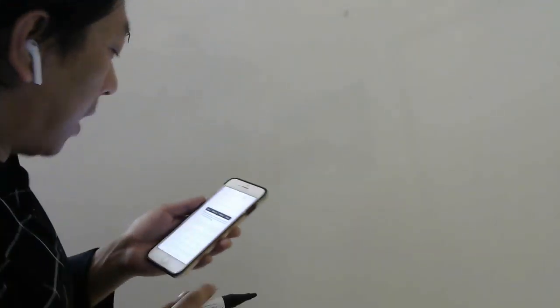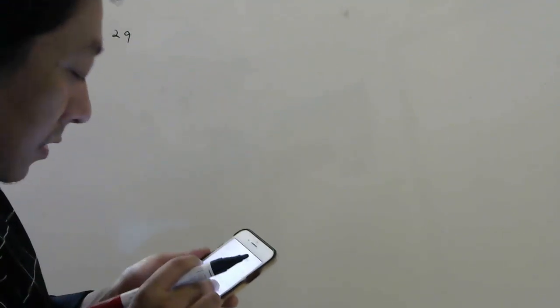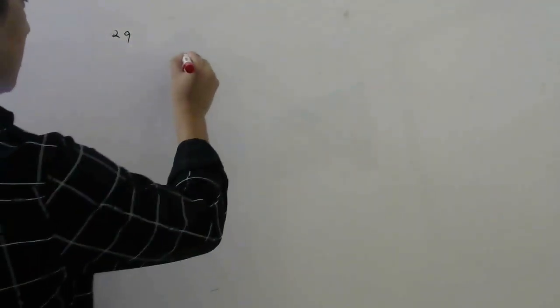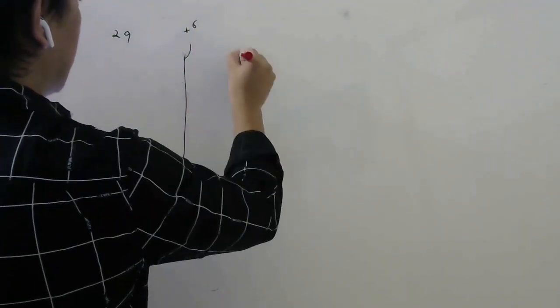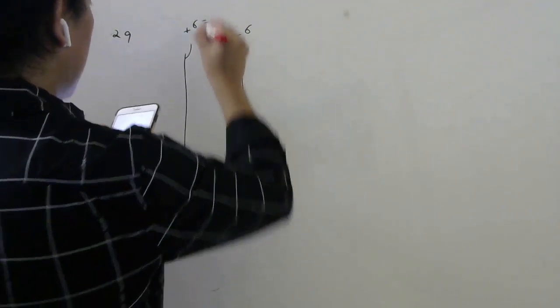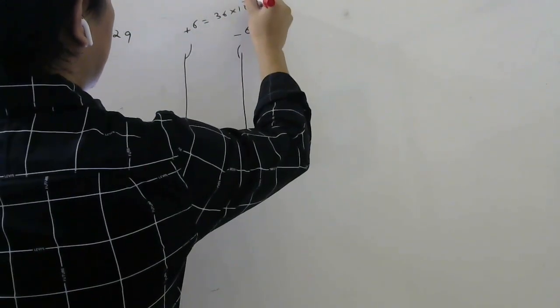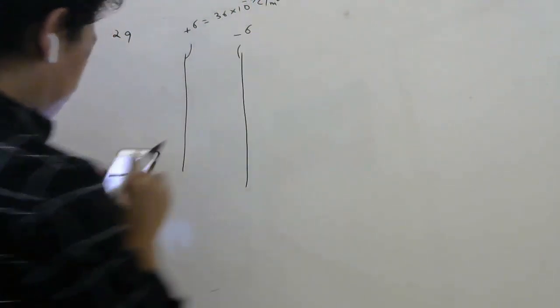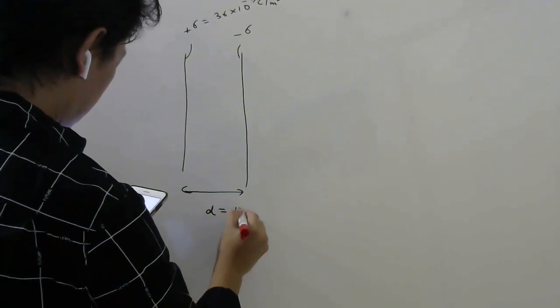Okay, it says two parallel plates having opposite charges with equal charge density 36 into 10 power minus 9 coulomb per meter square are separated by a distance of 12 centimeter. So there are two large plates, you think, and one has plus sigma charge, the other has equal but minus sigma. The surface charge density they have given numerically is 36 into 10 power minus 9 coulomb per meter square. Then the separation is given, let us say D, as 12 centimeter.